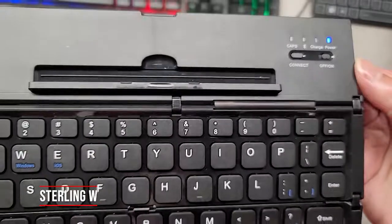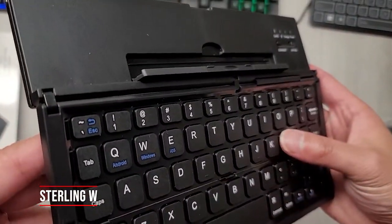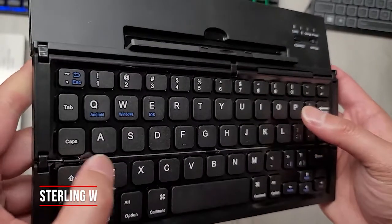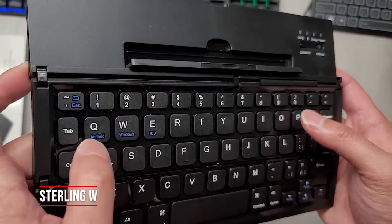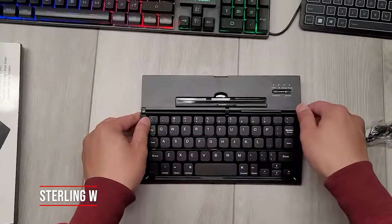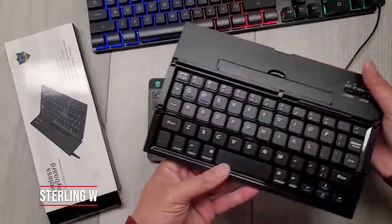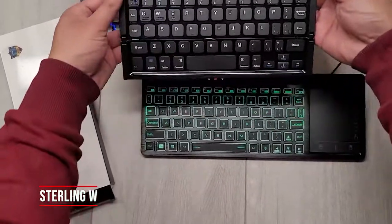But as you can see closely, you can see the blue buttons. Those are different switches, whether you want to switch to Android, Windows, or iOS. It has different configurations for the buttons, which is nice. And there are no lights on the keyboard. I think that's one of the major drawbacks of this keyboard. I wanted something that actually has lights, so I actually work with this in the near dark so I can